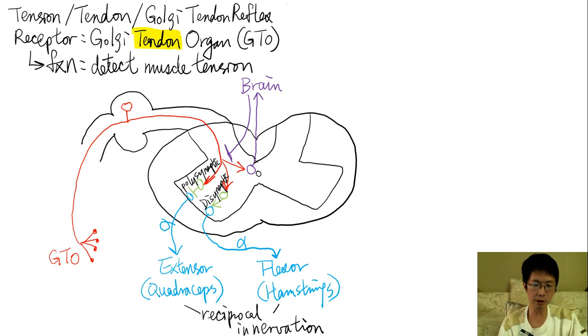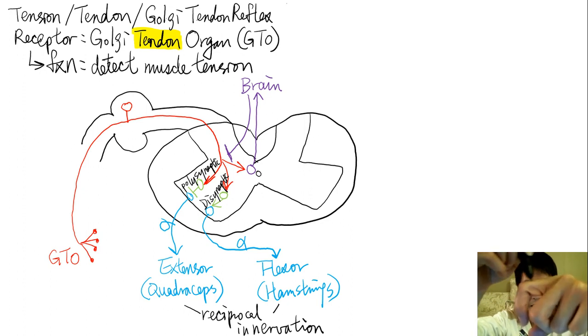When GABA binds to the alpha motor neuron here, what will that trigger? You will trigger IPSP. That means you will hyperpolarize the alpha motor neuron. And this alpha motor neuron innervates the extensor quadriceps. In other words, when I hit the quadriceps tendon, I will inhibit the quadriceps, meaning that I will relax the